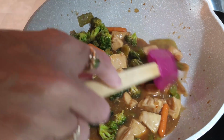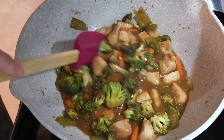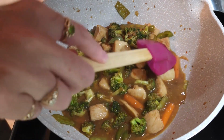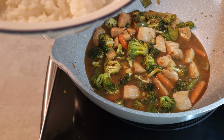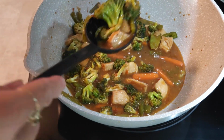So it's been about 10 minutes. And all of this has basically sauteed down or simmered down to where it's a little more softer. And all the meat's completely done. And now it's time to put it over some rice and get it served up. I've got some rice, just some plain rice. And I am going to